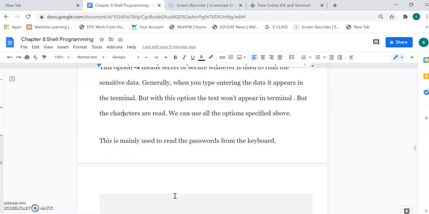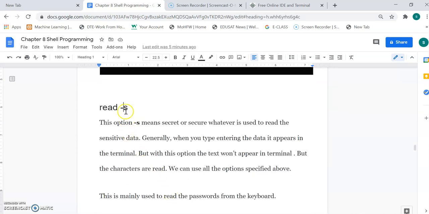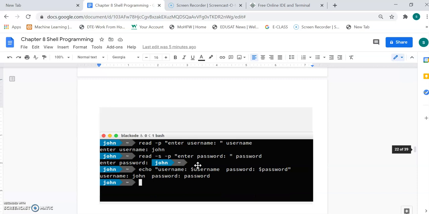If I want to store my data in a secure way, then I will use -s as an option. Write read -s -p "Enter password". Now enter the password.